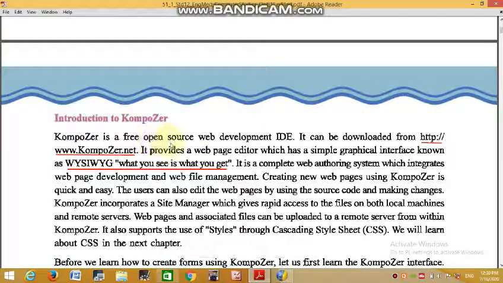Composer is a free open source web development IDE. It can be downloaded from http://www.composer.net. Here net is the extension of the site. It provides a web page editor which has a simple graphical interface known as what you see is what you get.